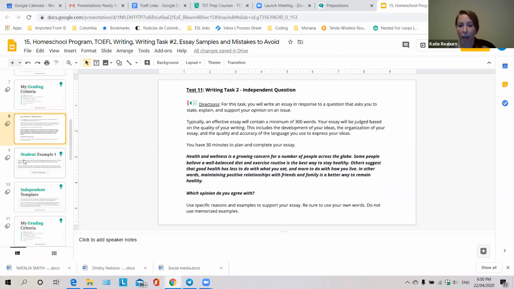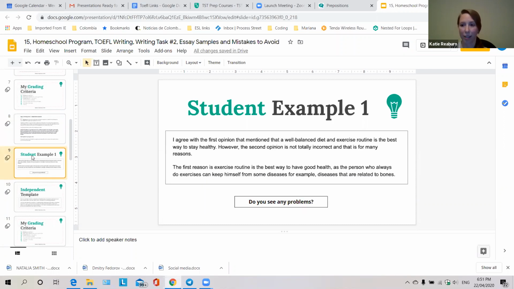Okay, now we have a student who has written their reply. We've got here the introduction and what I hope is not the full first paragraph, maybe just a part of it here. So let's have a look through. They have chosen one side. Here we can see they mention the other one. As I mentioned last week, they do not need to have this second part. We're going to focus on healthy.